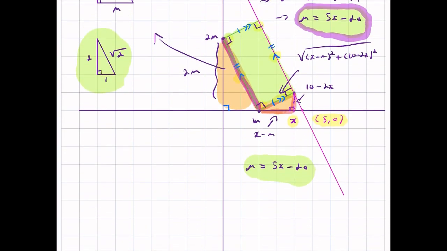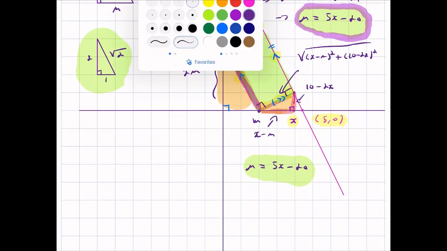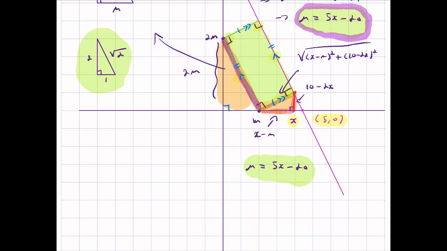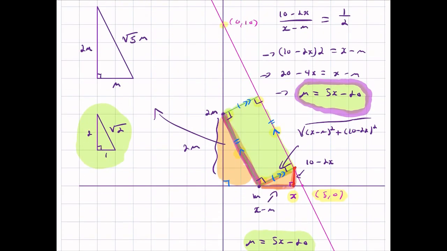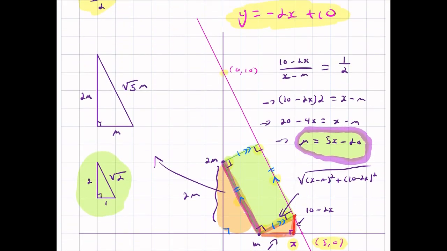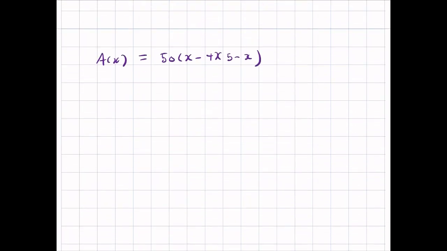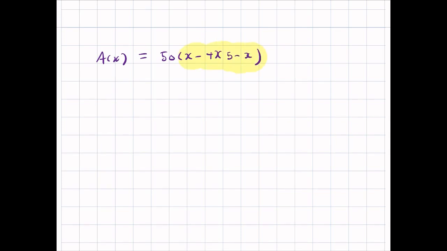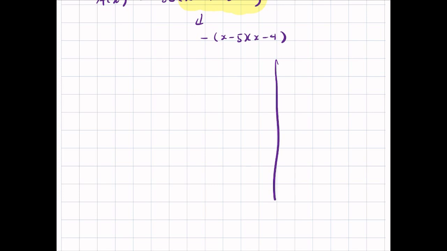x being, of course, the x coordinate of the rightmost point of this rectangle on the line y equals 10 minus 2x. And so we don't actually have to use calculus here. It's not necessary to resort to anything like derivatives, because this happens to be a downward facing quadratic, right? This part of it is negative x minus 5 times x minus 4. So this is a quadratic which faces downward and has roots at 5